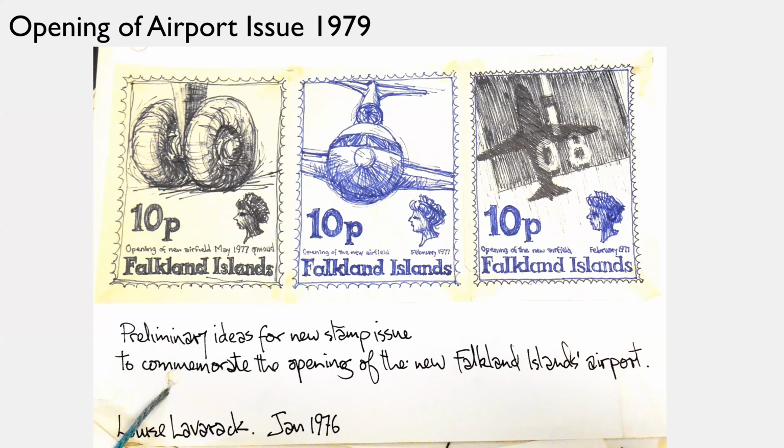Here are some designs from Louise Laverack. She was staying in Stanley for a few months with her boyfriend Grant, who was doing a photography project. Now, I rather like her designs. She was asked to take her designs forward, but then they were rejected by the Stamp Advisory Committee in the